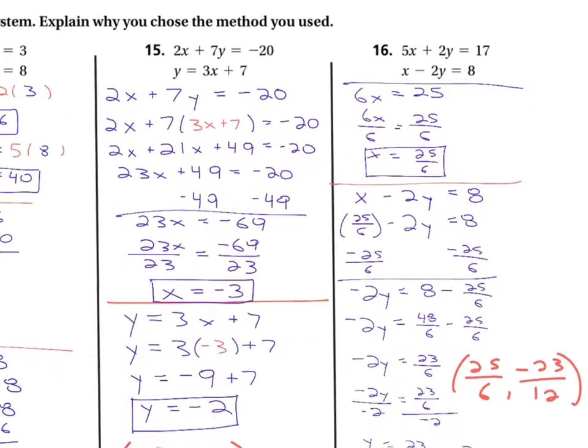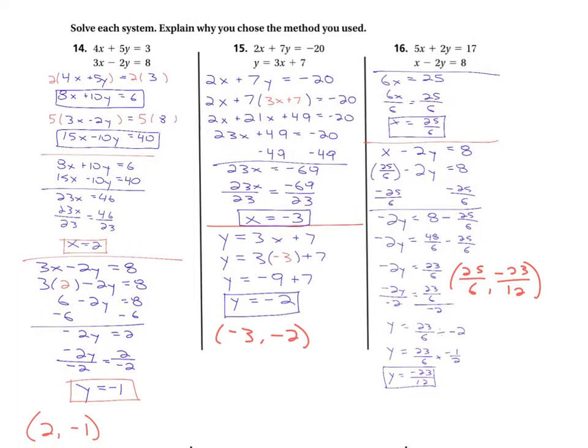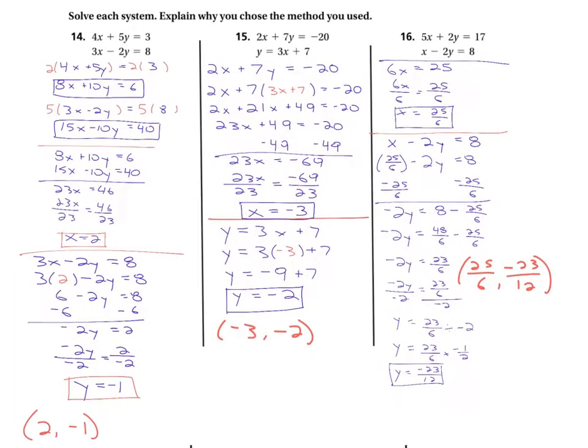So I will zoom back out. I will let you examine those solutions, but really you're picking your favorite one and whatever seems to work best for you. So that's what I did to solve mine. There you have the solutions, and you can figure out what you think would have been